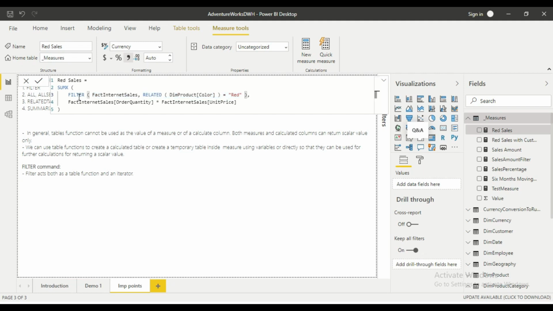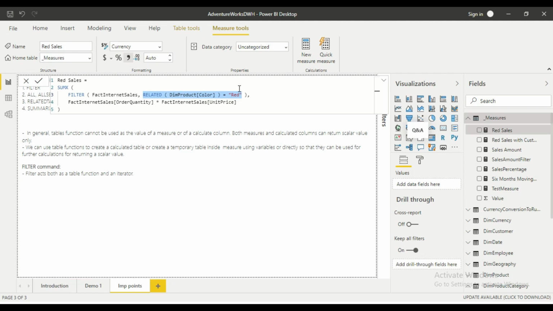So what the filter function does is it takes the first argument, the whole table, and then row by row iterates on the table and checks this particular condition. Basically it is scanning the whole table, checking the condition row by row and returning true or false, and finally based on the true and false, those particular rows will be included in the final table returned by the filter function. So this is what I mean when I say that the filter function can be used as an iterator.